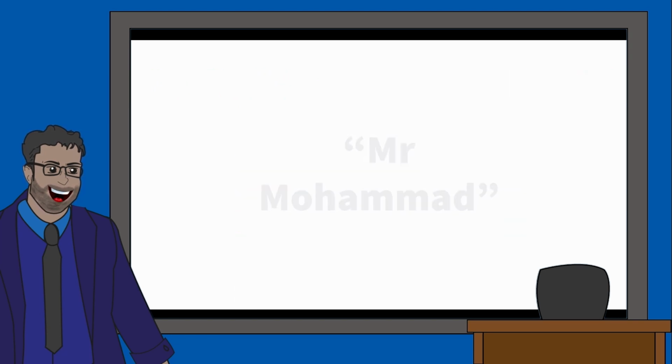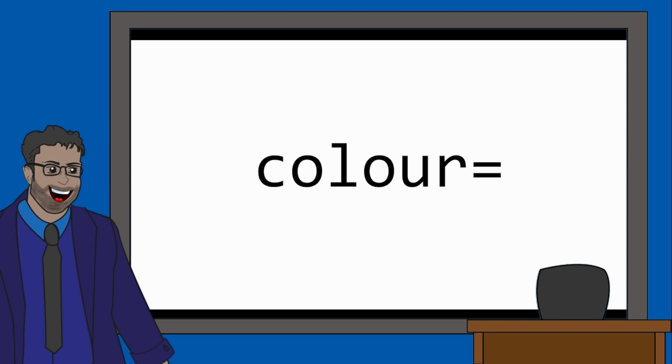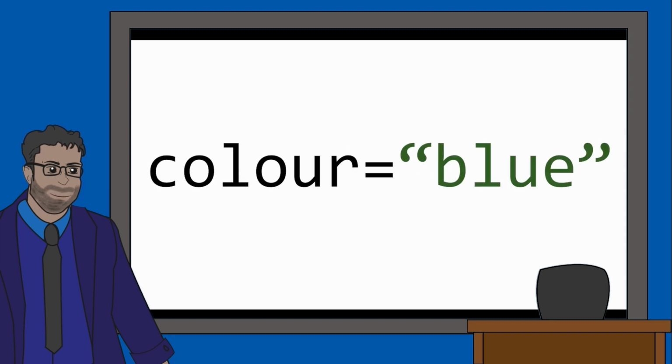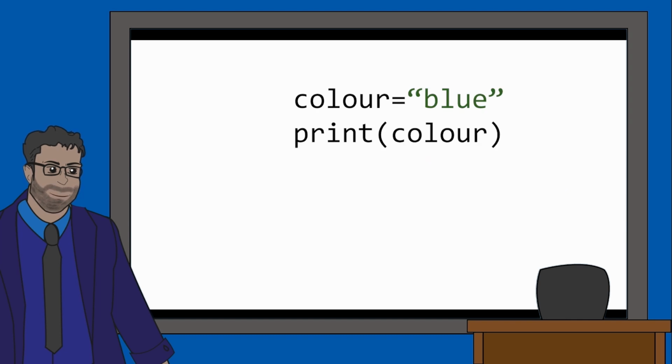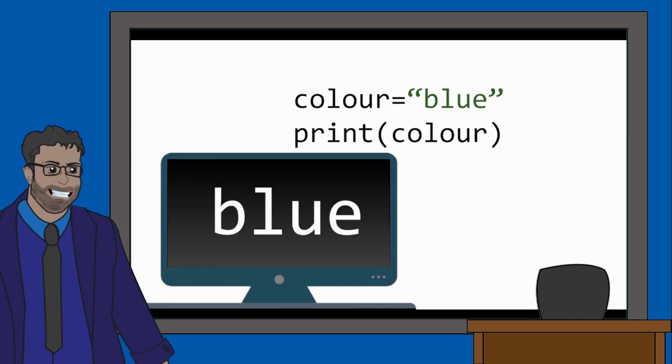To make a variable, all you've got to do is give it a name. Let's say we want the program to remember the color blue. We will call our variable color, then put an equal sign, then write blue in speech marks because blue is a string. Now, if we choose to output the color variable, the program will show the value inside our variable